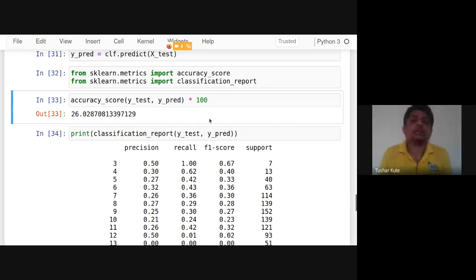Fine. Any algorithm you can apply. I have tried many algorithms on it, but the data set is actually too imbalanced, that's why none of the algorithms work perfectly. They are having similar accuracy, up to 30% only. But if you check a regression algorithm on it, then it gives good accuracy. I will show that one also, how to use the regression algorithm. So this is what we have.